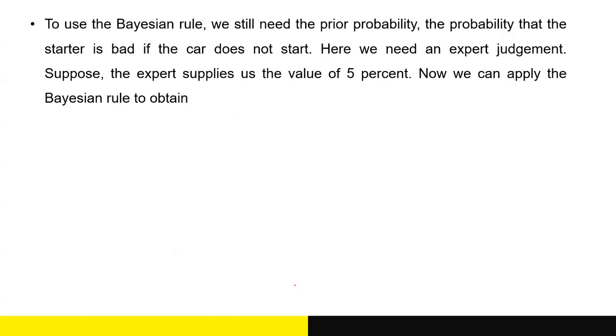So to use the Bayesian rule, we still need the prior probability: the probability that the starter is bad if the car does not start. Here we need an expert judgment. Suppose the expert supplies us the value of 5%. Now we can apply the Bayesian rule to obtain